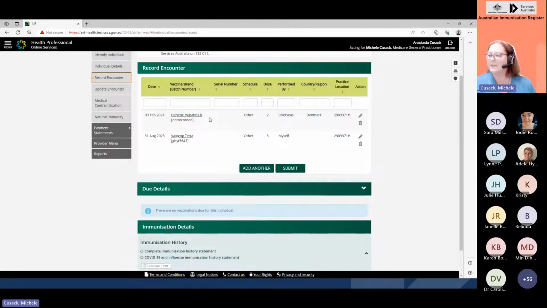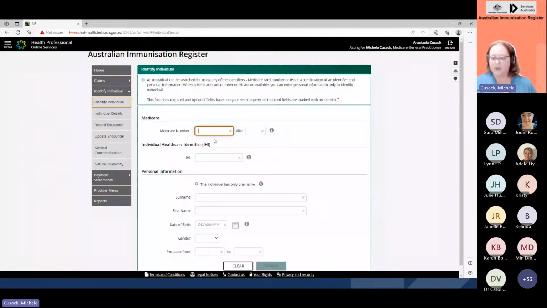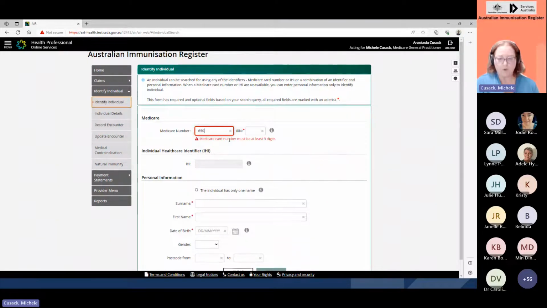So what you can see here now is we're not only adding an overseas vaccination information, but we're also adding the flu shot that we've done today, and we submit. Okay, that's what we always want to see at the end, the success that we've now recorded that for John. So what I'm going to do now is show you how you can use our website as well